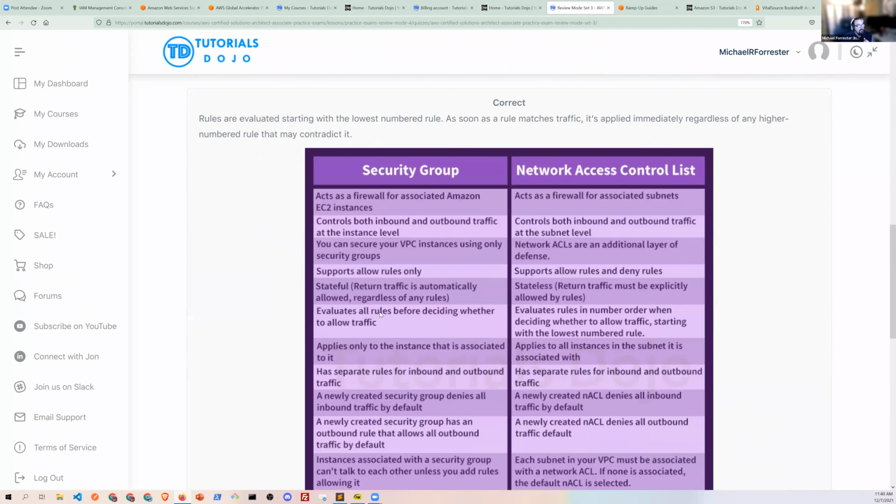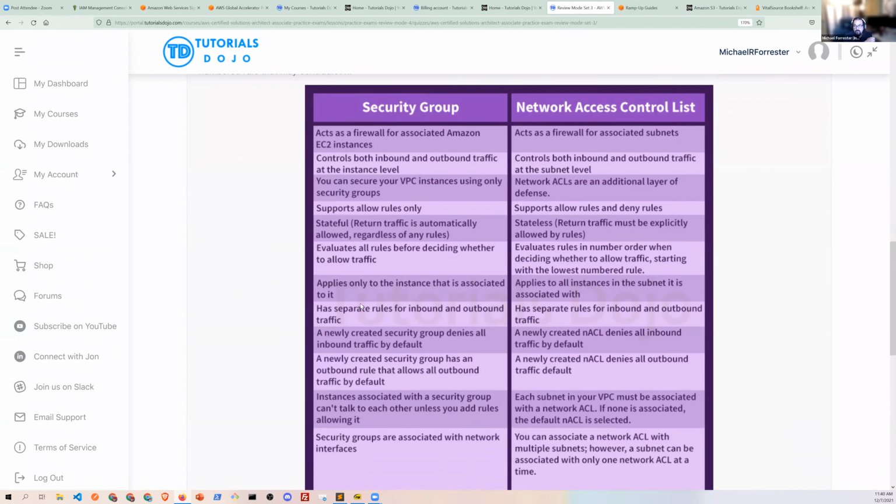Okay. Here, by the way, is a quick little thing about security groups versus NACLs. One thing you probably need to remember is that if you want to deny a specific IP range after you've allowed everybody to come in, you want to exclude somebody, you have to use NACLs for exclusion. You can't just pick on a particular IP range with security groups. Security groups can only allow a certain subset of traffic, but it's really hard to exclude traffic in a security group. You've got to use a NACL for that.